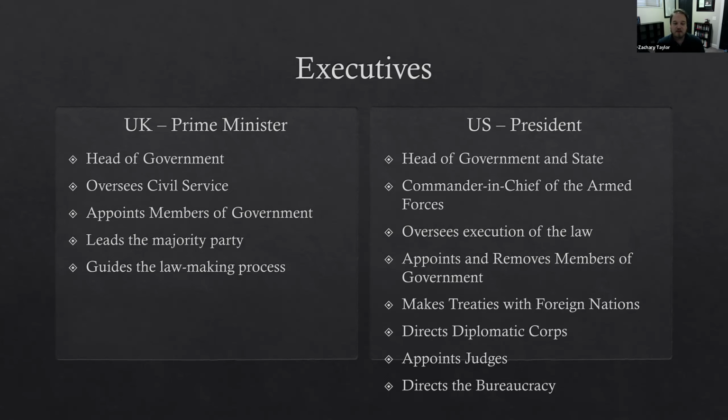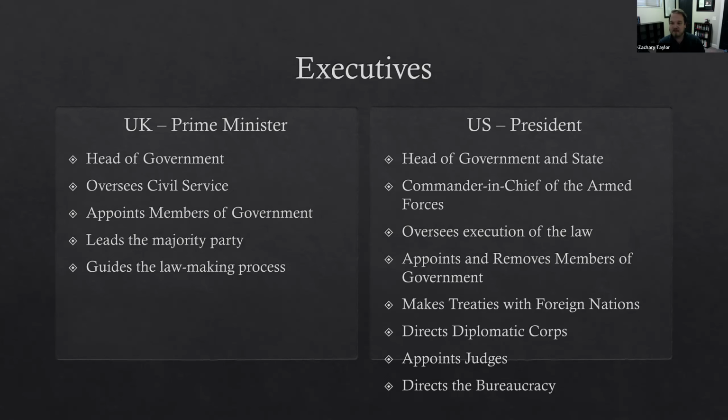The Prime Minister, because they are selected by the government, by the coalition government of a parliament, tends to have a lot of support for putting forward laws, bills. Those will be issued from the prime minister's office, which is another pretty strong distinction between the prime minister and the president, because the president sits at the end of the lawmaking process, right? They serve as a check on the legislature with the veto, but the veto can be overridden in the presidential system. So the legislature really holds that force of